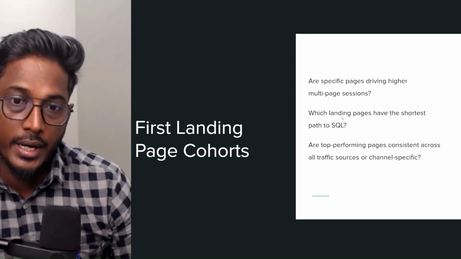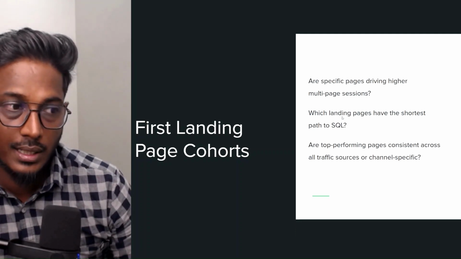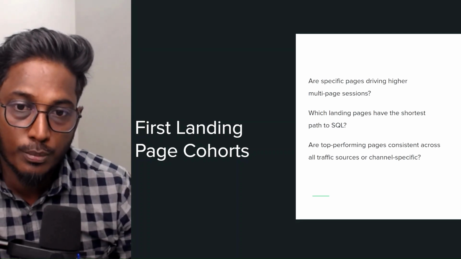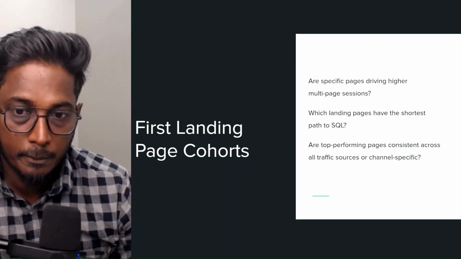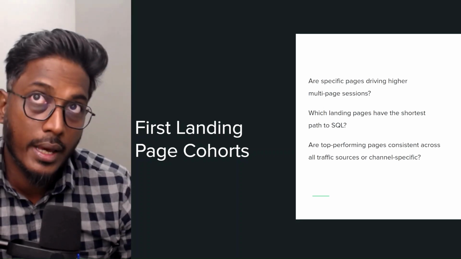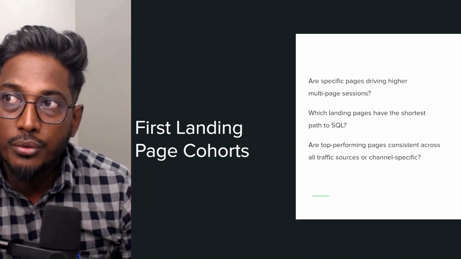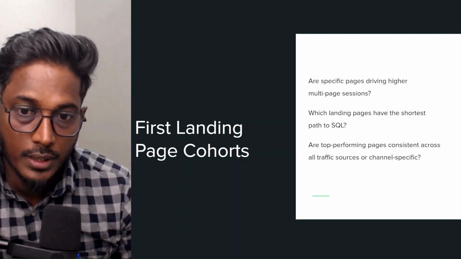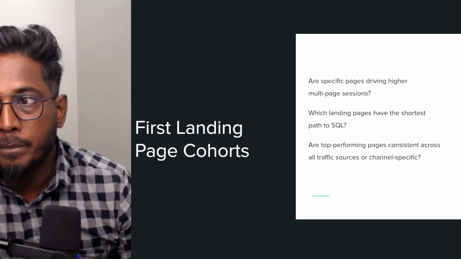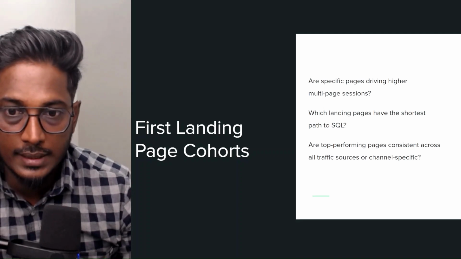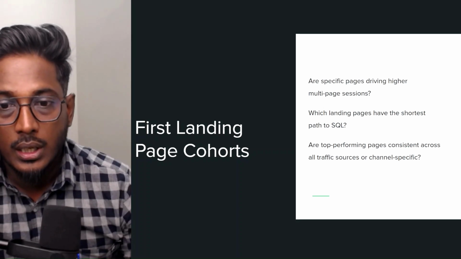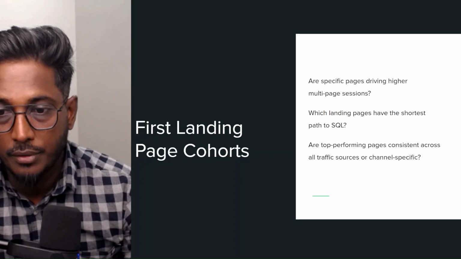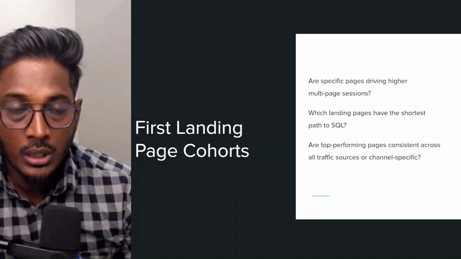But if you create a blog post cohort, you can see whether your blog posts are influencing in accelerating those prospects into the next stage of the pipeline. They are the early stage researchers, and if you are able to identify them and put them into the pipeline, you can see how many of them are moving into well informed prospects that are interested in your product. You can use GA4 exploration report segmented by first landing page or landing page dimension